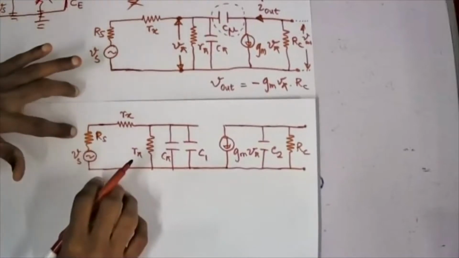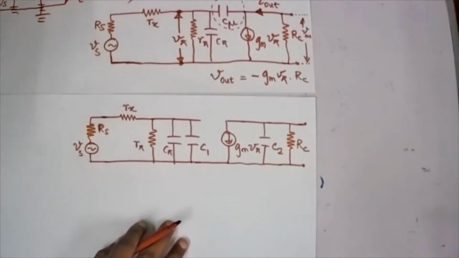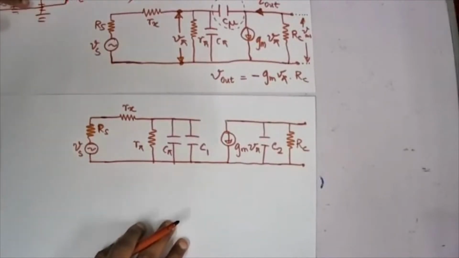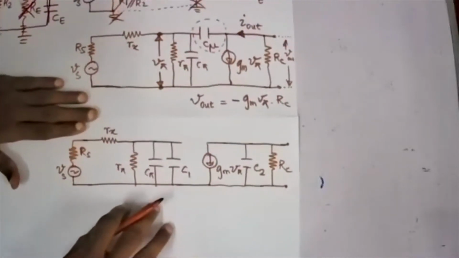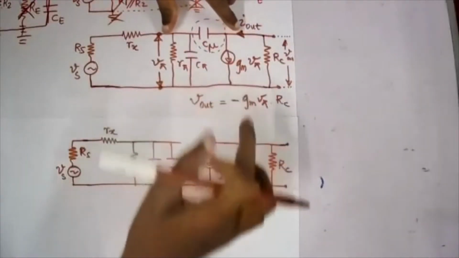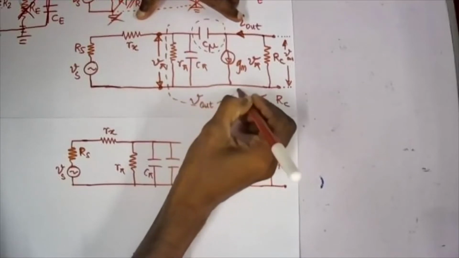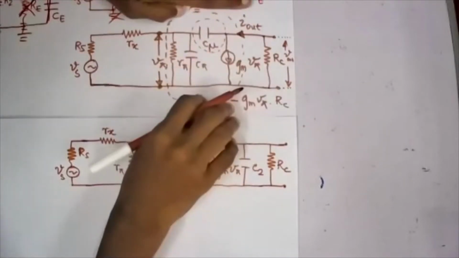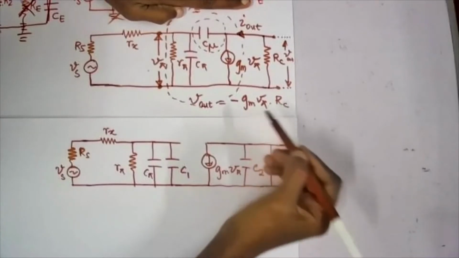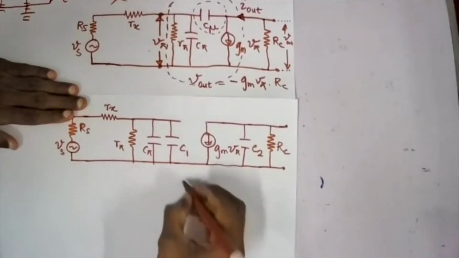Vs. This Rs could be the internal resistance of the AC source, or it could be an external resistor connected to that one. If the internal resistance of your source is 0, simply you can short circuit it. So as I said earlier, we can apply Miller's theorem to a closed circuit, as we have seen earlier. So here we are going to apply Miller's theorem in this region. I would say the input voltage is V pi and the output voltage is minus Gm into Rc into V pi. So simply my gain will be A